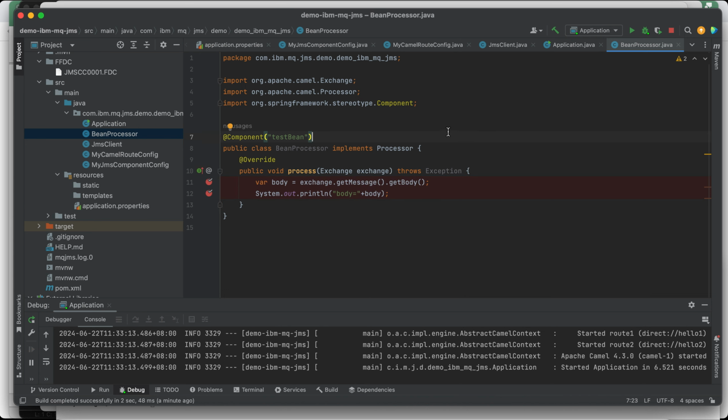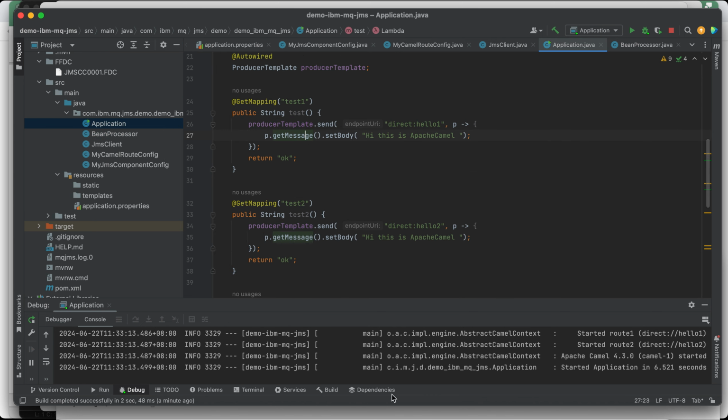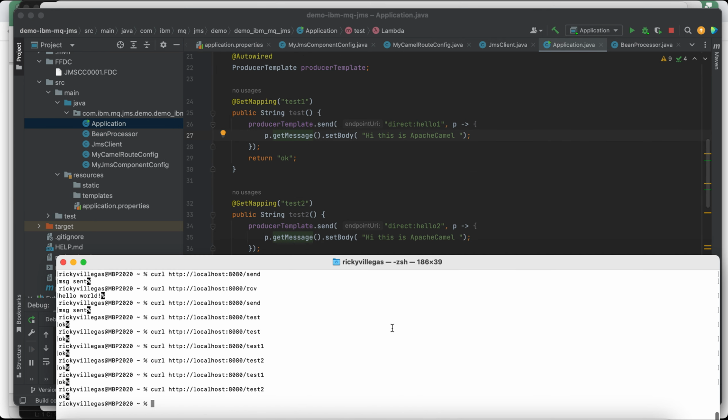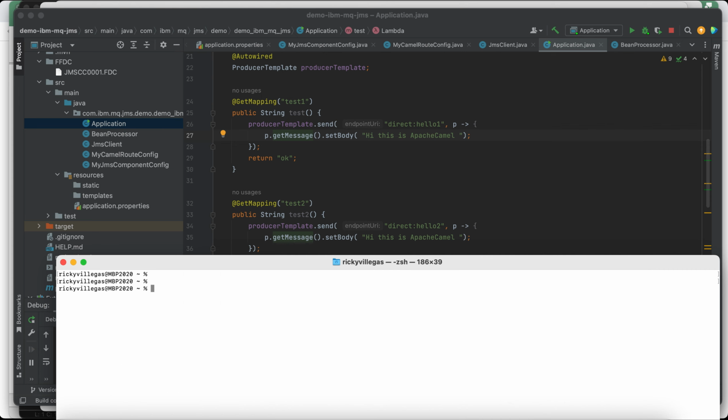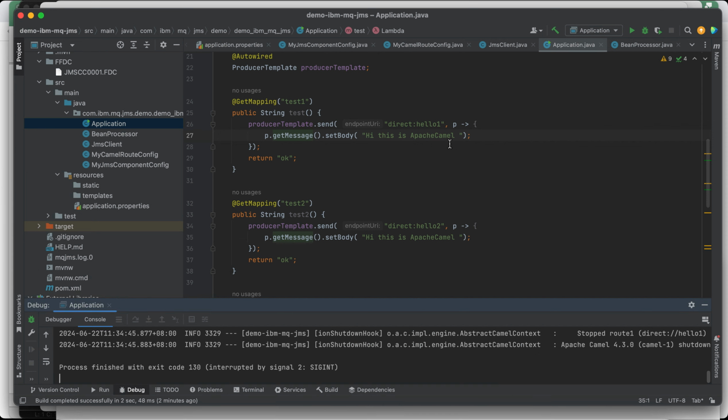Let's go back to our tester. Let's clear this first so we don't get confused. For test one, we expect this message to be received in JMS component. Let's change the message so it will be clear.